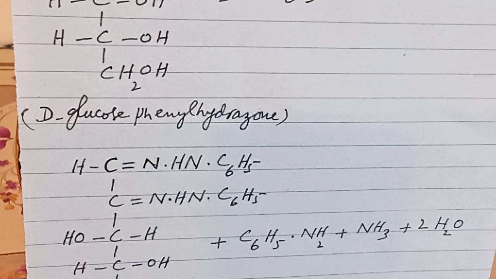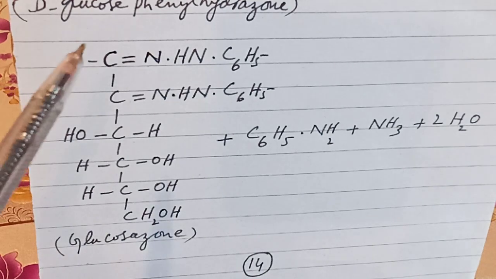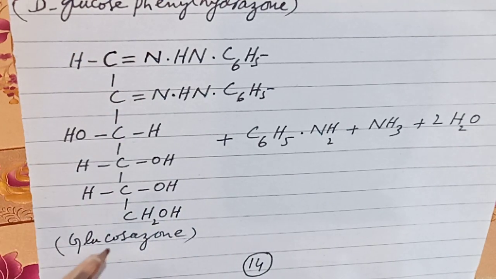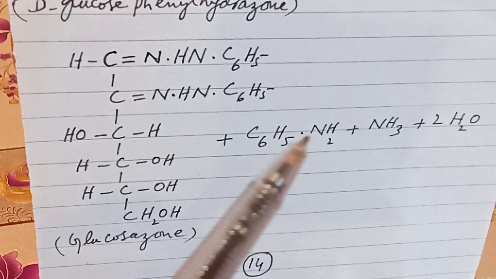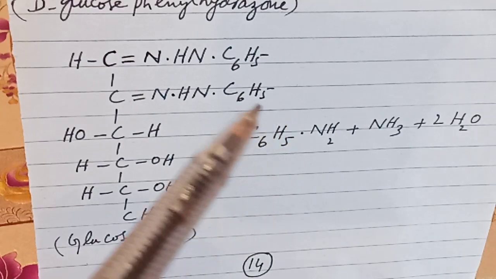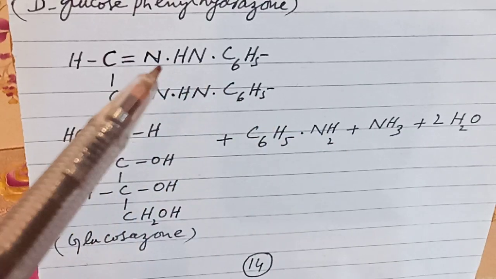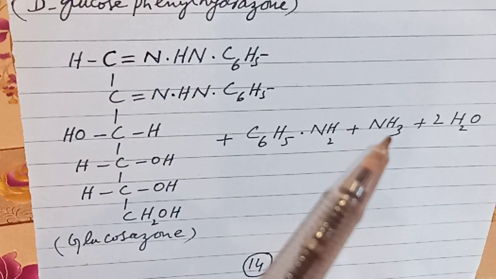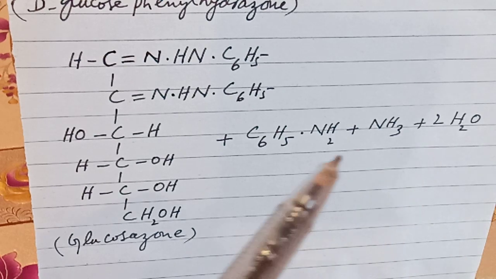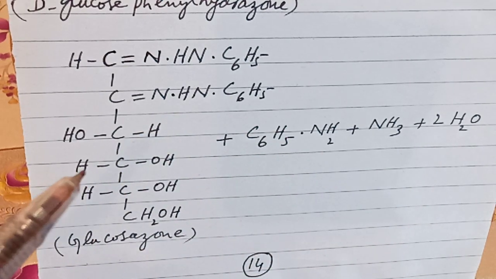Understand, here is a structure like this. So the type of the structure will be changed, and this will be called the glucosazone. And the one molecule of remaining phenylhydrazine will be broken down and form the C6H5NH2, and the one molecule of nitrogen amino group will be reduced, and in the form of ammonia gas will be liberated, and 2 water molecules also produced. So this is the complete explanation of the first reaction. Okay.